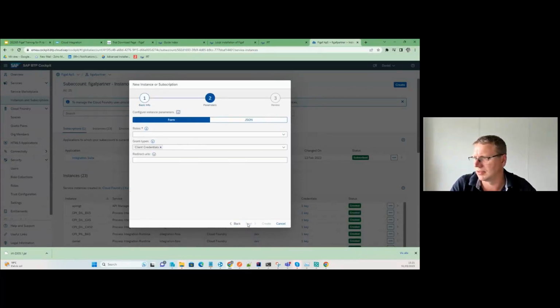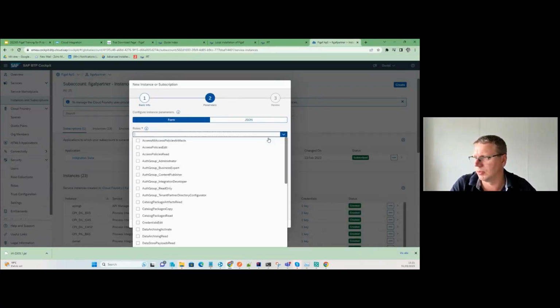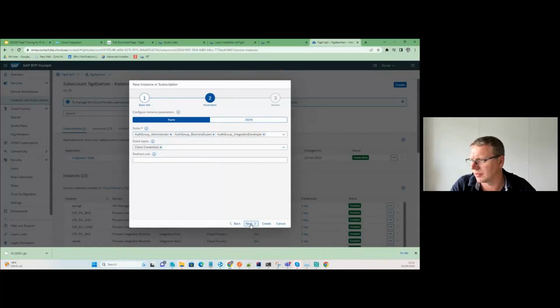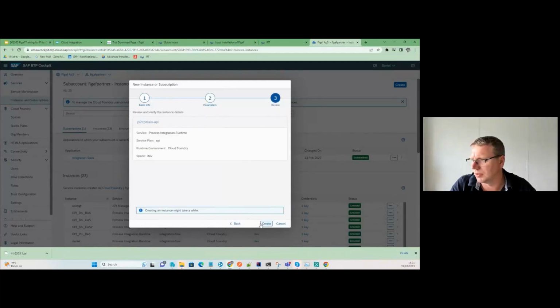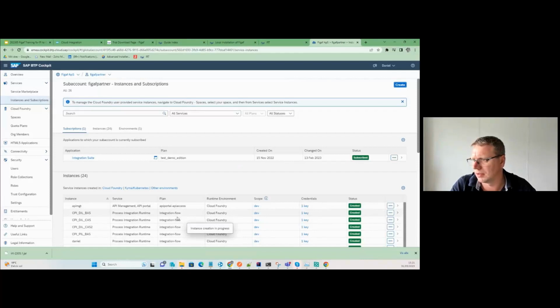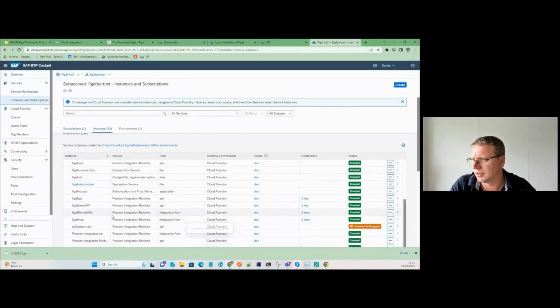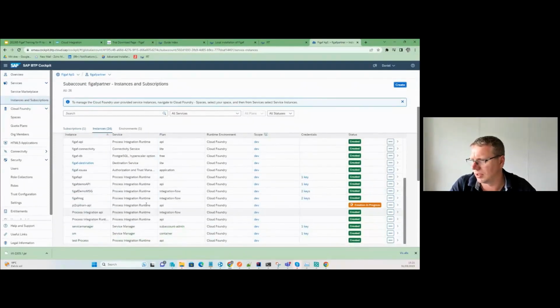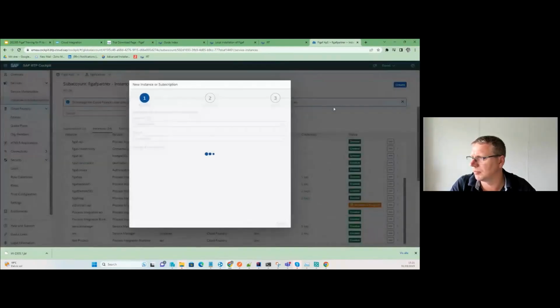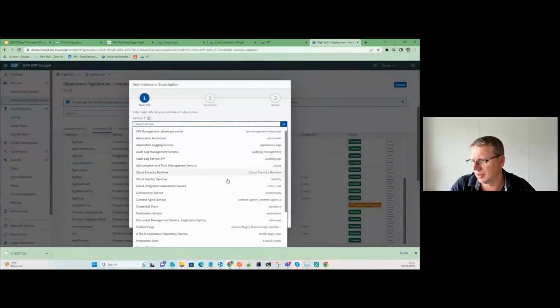Then we select next. We select the roles, and we will need administrator, auth group, and integration developer. Credential, that's fine. And we will say create. This will then take a little while to create, and in the meantime, we will also create the other one,